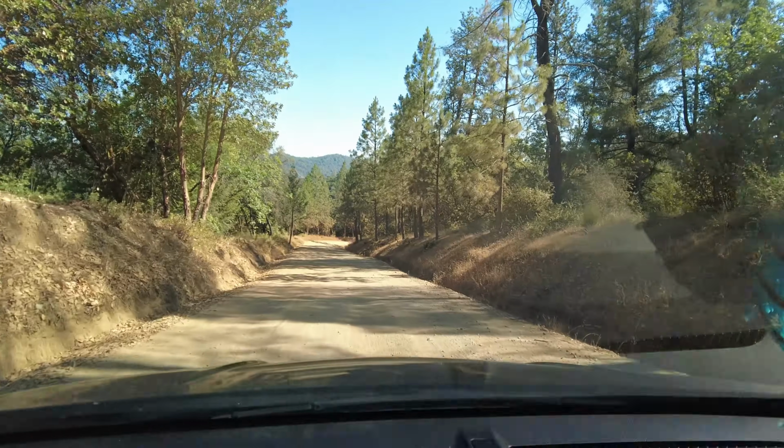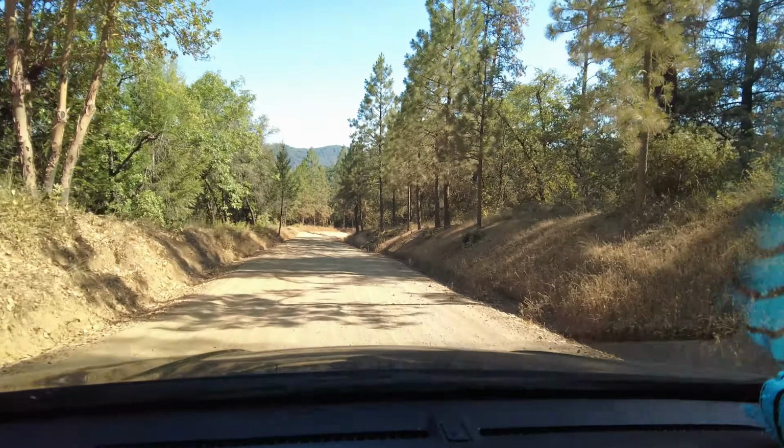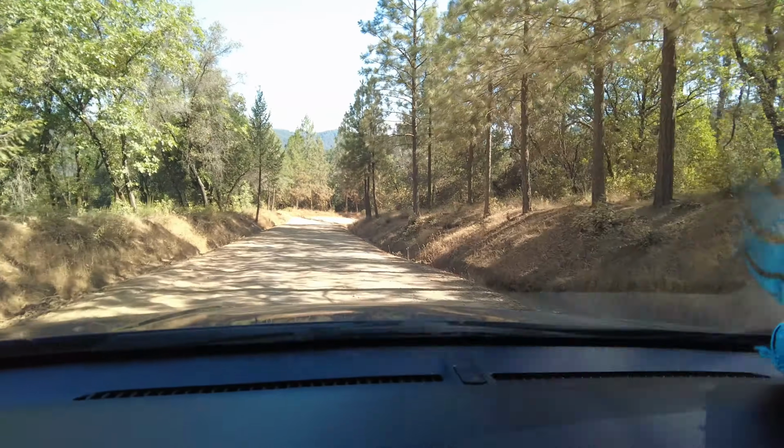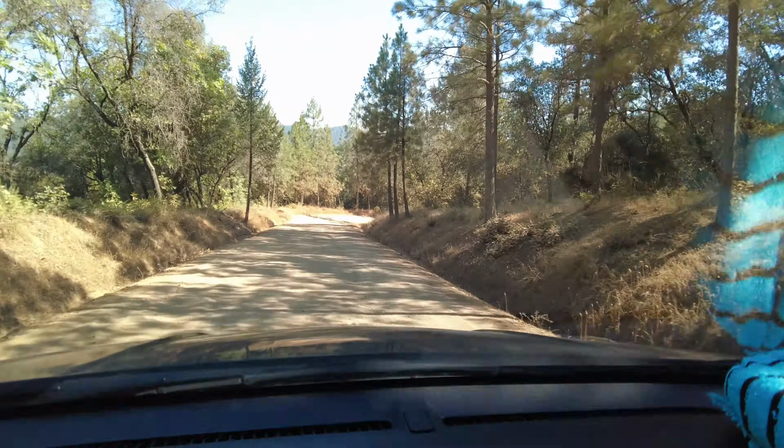It's also $10 to park, or if you have a state parks pass, that works too. I do have a gimbal on this camera, so the bumpiness may not come out, but you can kind of see the road there. I don't have a rack on this car yet, so I had to stuff Brittany's